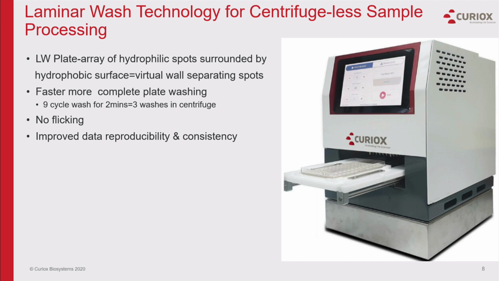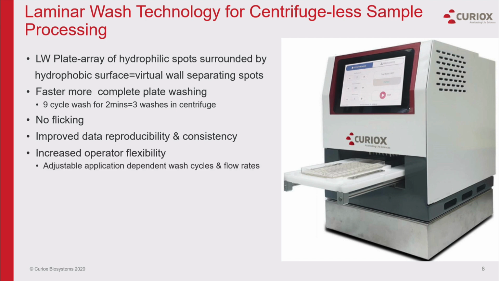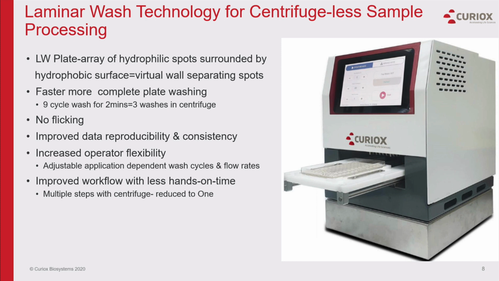So by not having this flicking procedure, we get improved data reproducibility and consistency in the washing of our plates that contain our precious samples. The system also has increased operator flexibility in comparison to a centrifuge. Depending on the application, the user can adjust the wash cycle and the flow rates for the particular application and the cell type that they're working with. So all of this leads to improved workflow with less hands-on time. And what does this really translate to? The multiple steps that we've always done with a centrifuge is now reduced down to 1 step using the laminar